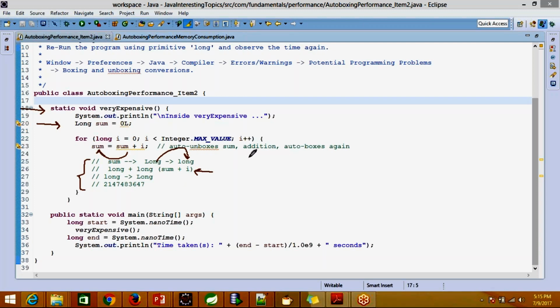This iteration continues until the maximum value of the integer, that is 2 raised to the power 31 minus 1. We are using only non-negative values, the natural numbers starting from 0. So this loop would be traversed 2147483647 times. And